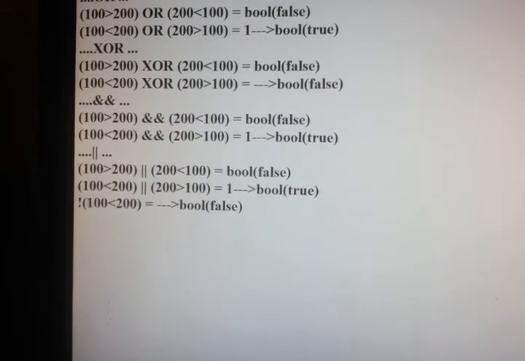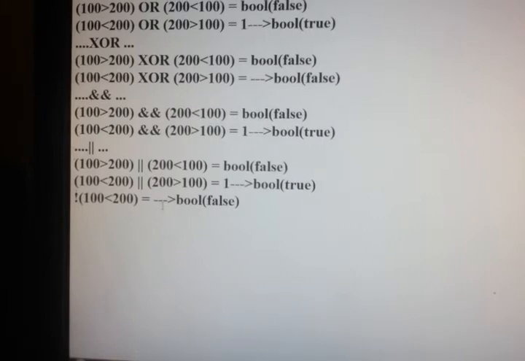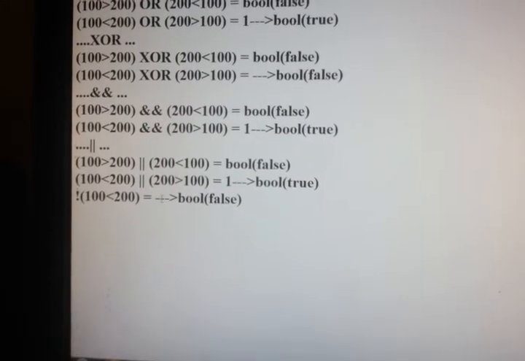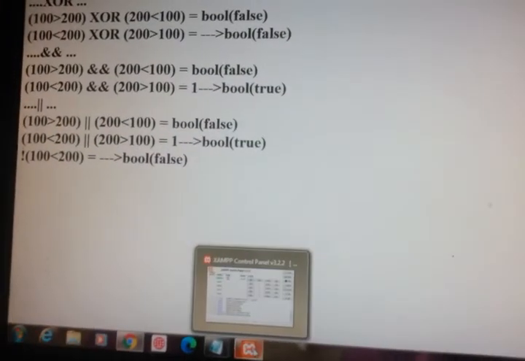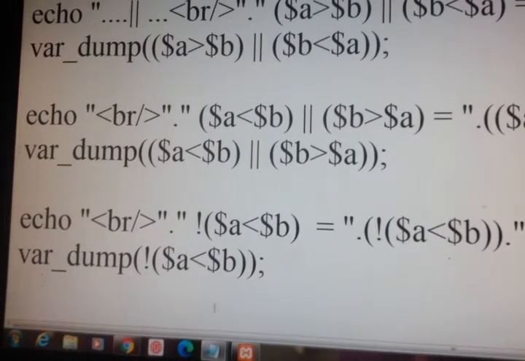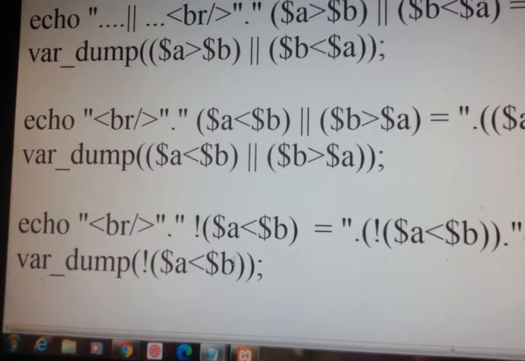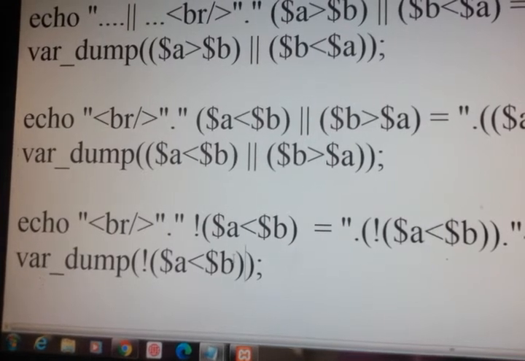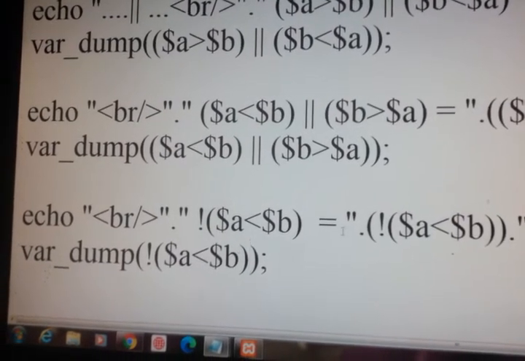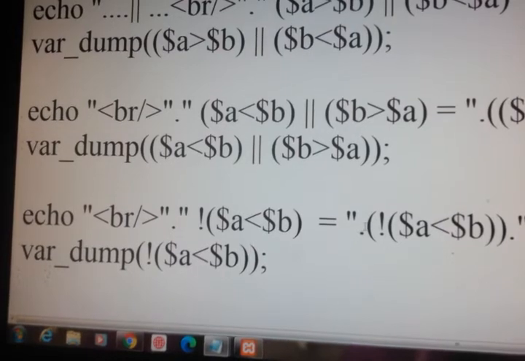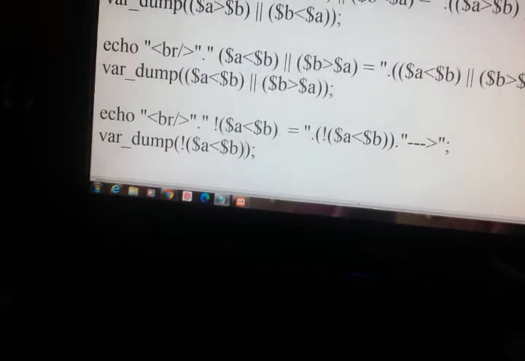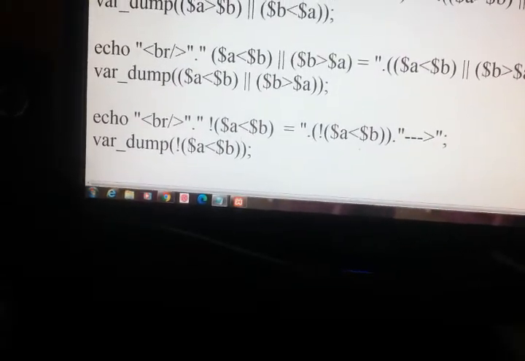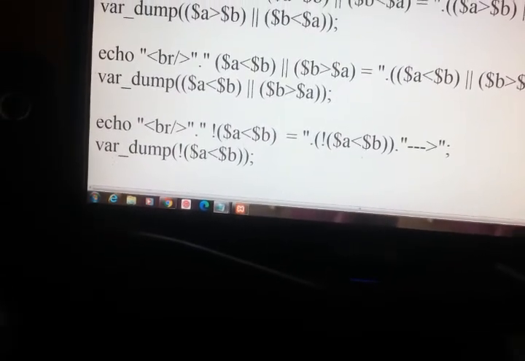So not of false, we have to get true. Not of $A less than $B.